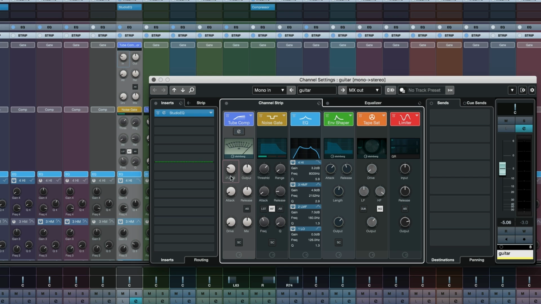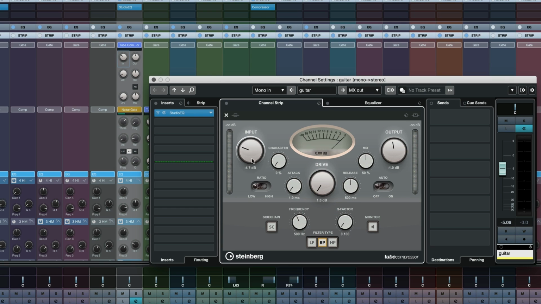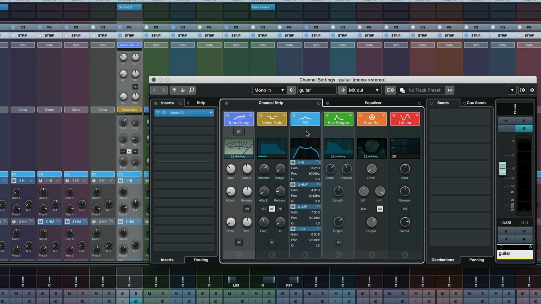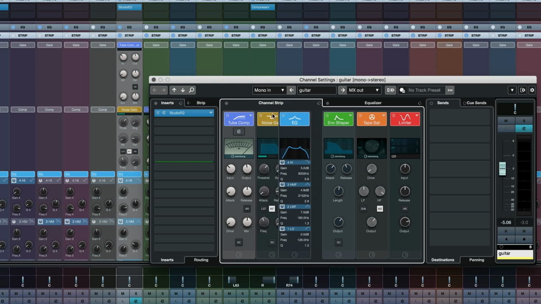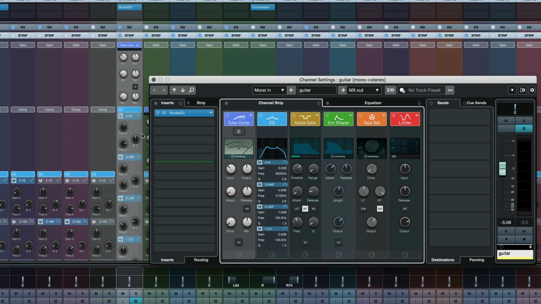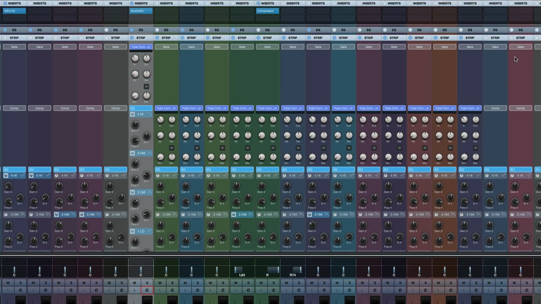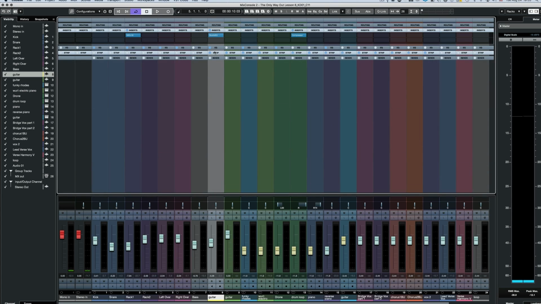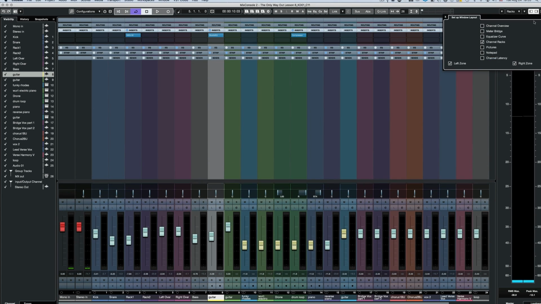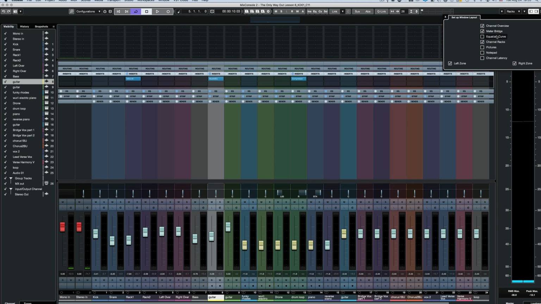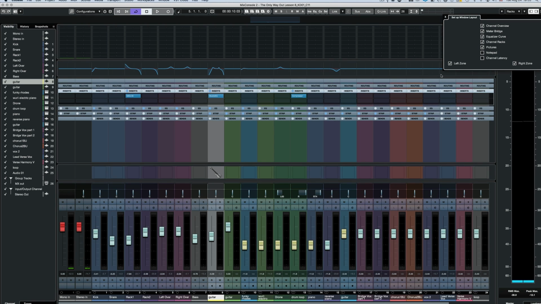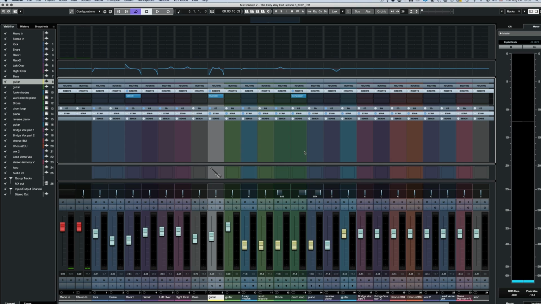So if I change the input here, you'll notice it's doing the exact same thing over here. They're the same plugin. You've also got additional cooler ways of looking at it, as if I wanted to move the EQ, it's really easy. You just drag and drop and now everything's moving depending on the signal flow. So that's the racks. I'm going to minimize the strip here and now I have a ton of real estate again. So why don't I reactivate the channel overview, the meter bridge, EQ curves, and why not, I'll put the pictures back.